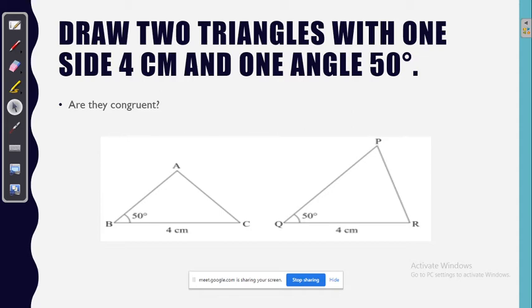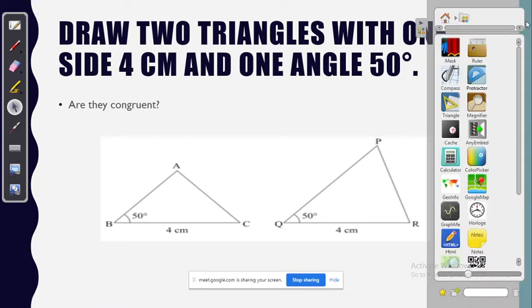Okay. Then look at these figures. So here I have two triangles. Completed, ma'am. Tell me, are they congruent? No, ma'am, they are not congruent. So Ramya is telling me she didn't get the triangles to be congruent. So who else has finished?